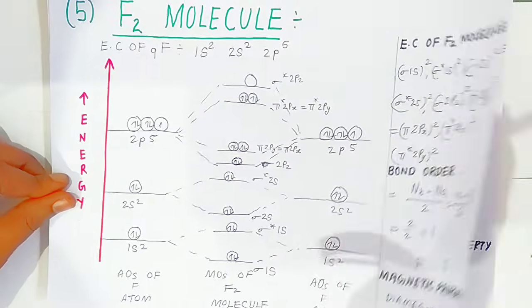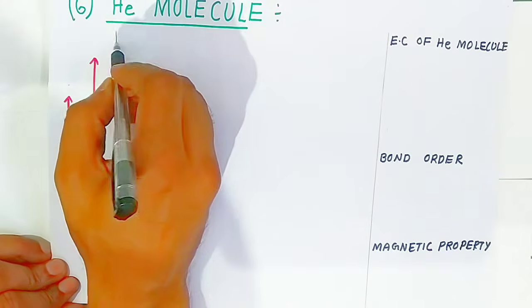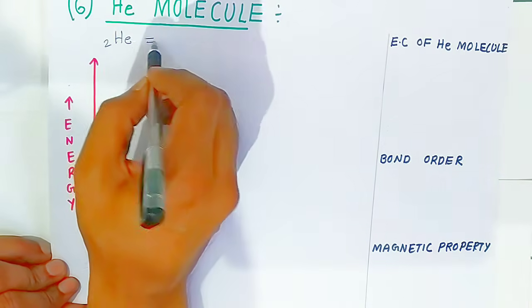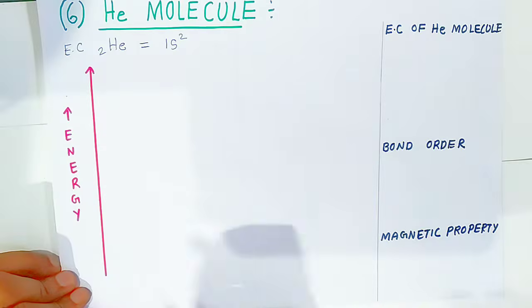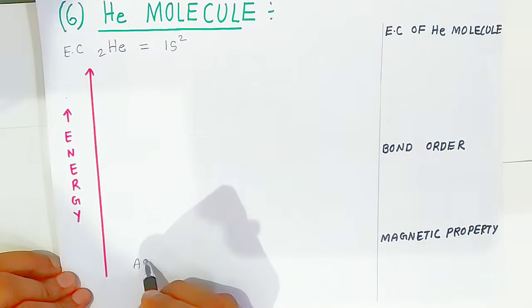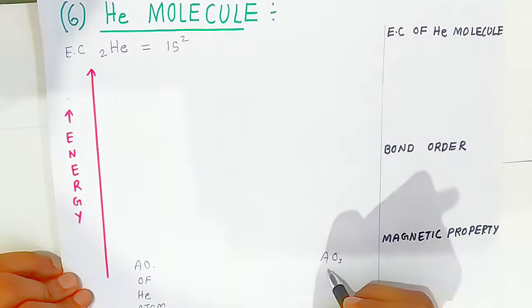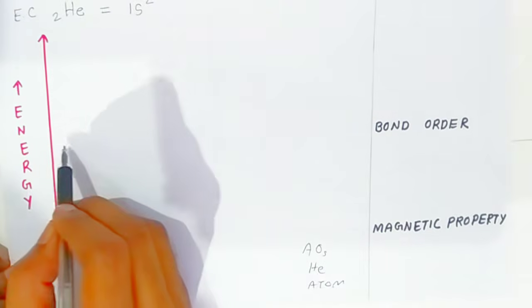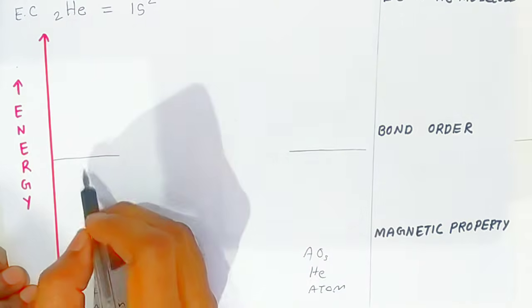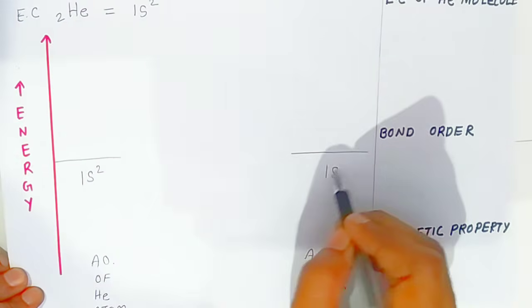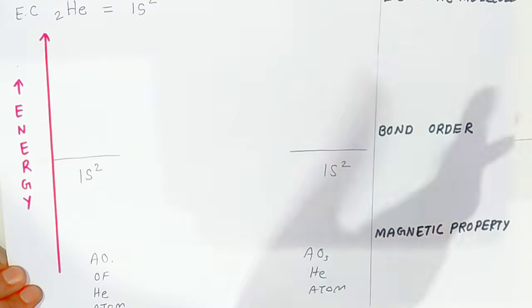Now students, one more simple molecule we are going to see, that is the helium molecule. So here also, students, you know the atomic number of helium is 2, and the electronic configuration is 1s2. So that is the electronic configuration of the helium atom. Now here also, students, we are writing the atomic orbitals of helium atom, because it is only one atomic orbital, and the other atom is also having one atomic orbital. So the 1s2 atomic orbitals of helium will combine, and when two atomic orbitals of helium atoms combine, they will form two molecular orbitals